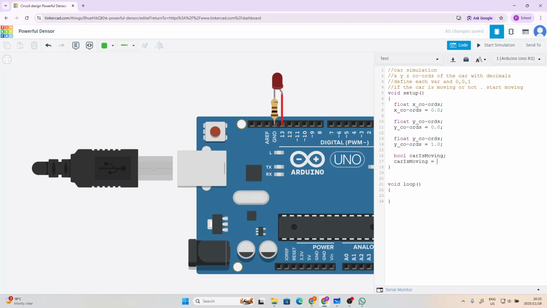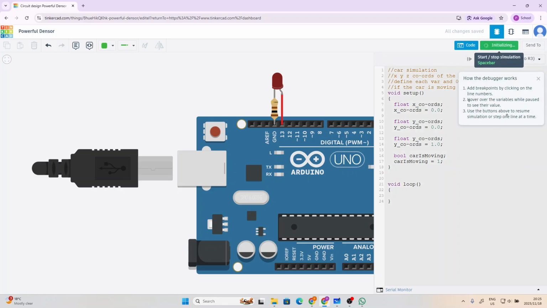So then when we say this here, we need to say car is moving. And what numerical value are we giving it here? We want the car moving. Will it be 1 or 0? One. 1. Right. And if we run this, there'll be no